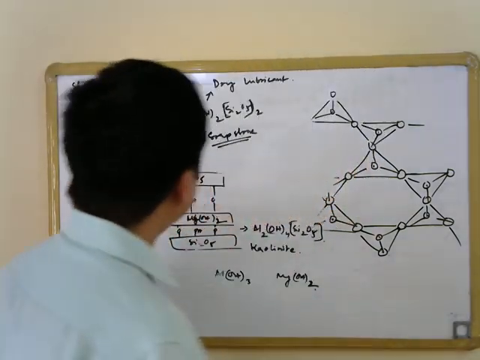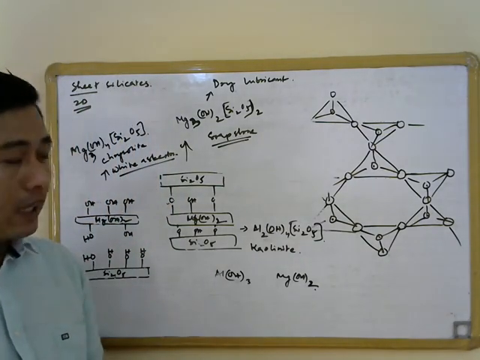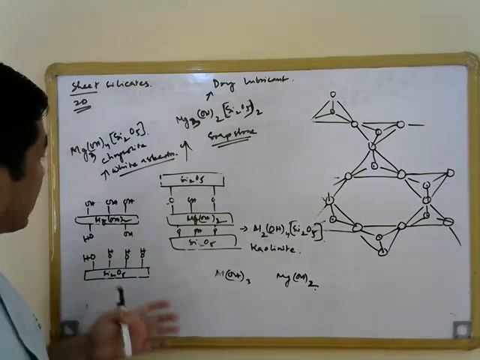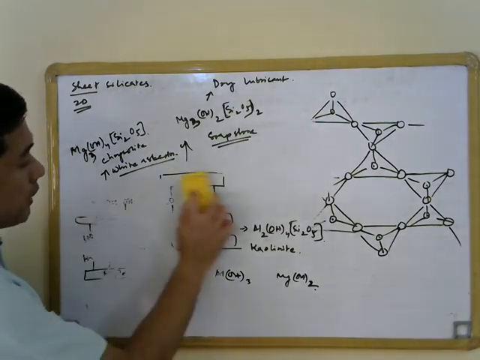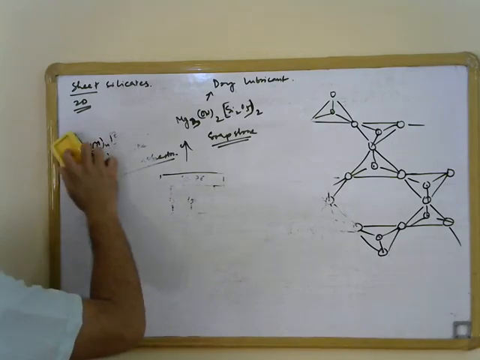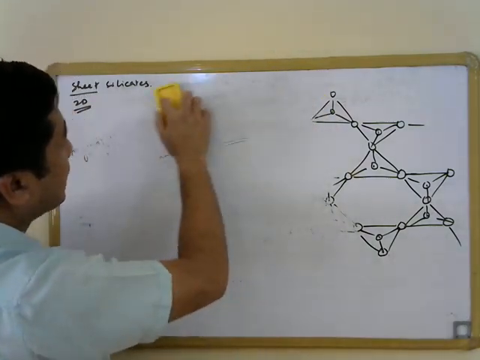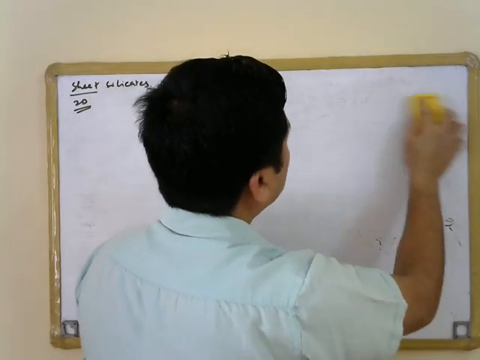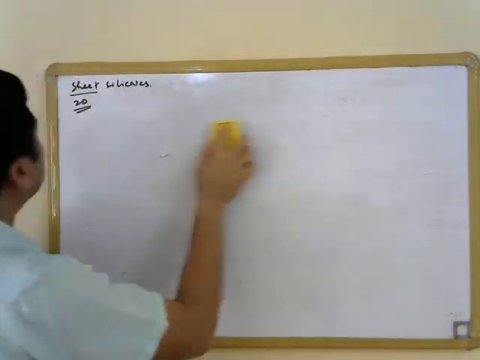So we have seen the different types of sheet silicates and how we can modify these sheet silicates by using appropriate metal hydroxides, and then this leads to formation of different industrially important silicate minerals essentially. So let us now look at